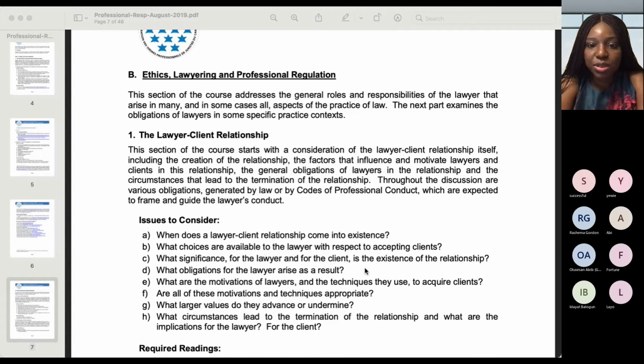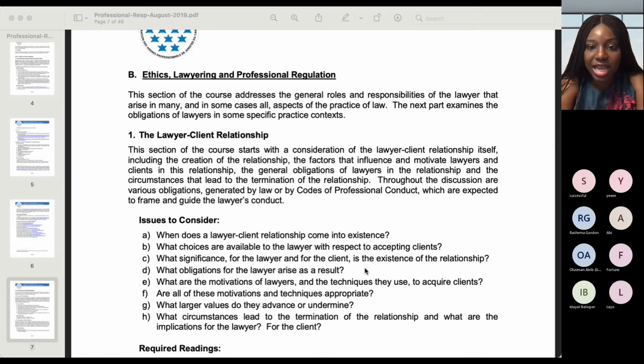But with professional responsibility, because we have to understand or discuss concepts like confidentiality, the lawyer-client relationship starts before the signing of a retainer. And like Yeri said, and she's been reading, information that is gathered when you say, "I would like you to be my lawyer," is considered as well when we're thinking about the ethical aspects